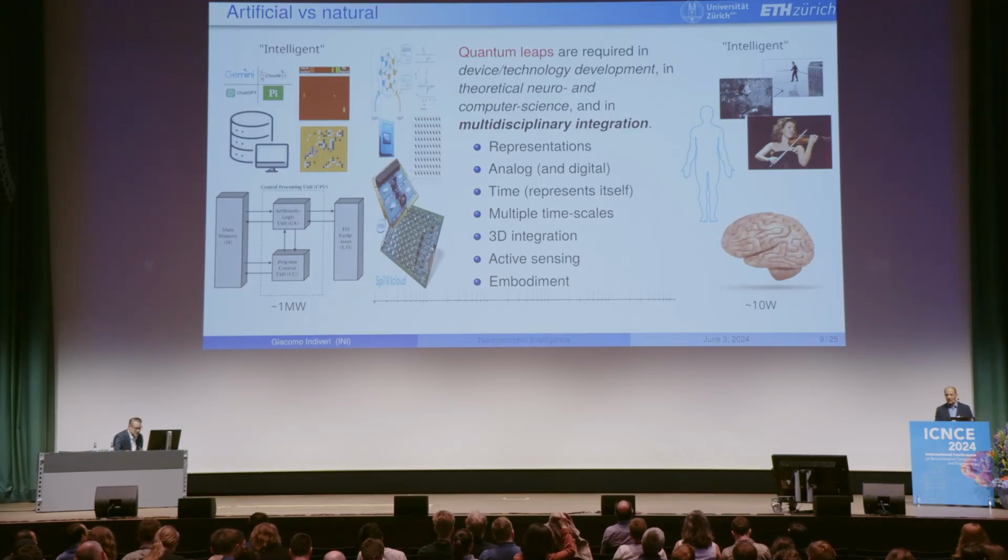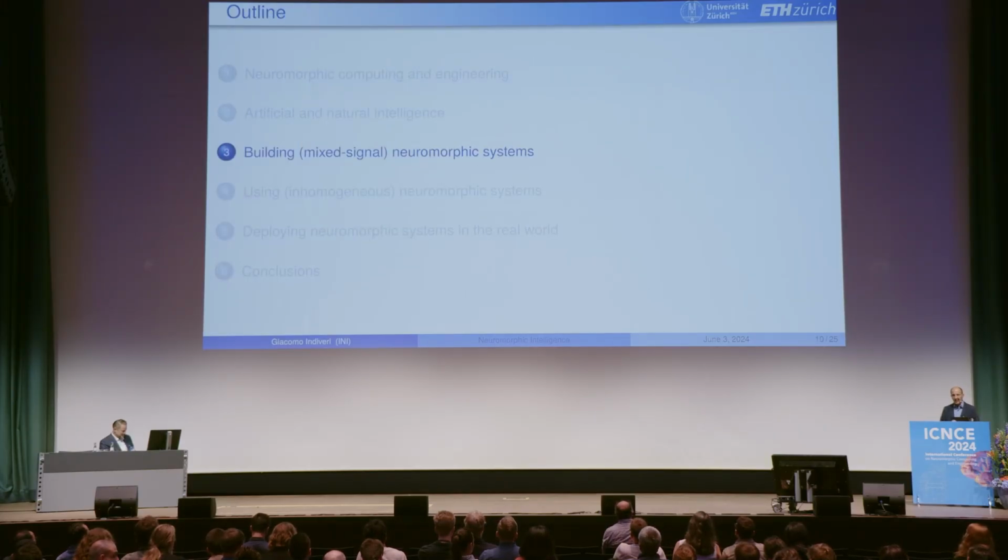Now, this is the bridge that needs to be built in order to go from artificial intelligence to natural intelligence. And this community has been making steps in that direction. I just wanted to show you in the next few slides some of the steps that we have been taking ourselves in our lab and in our institute to build these types of neuromorphic systems. Again, remember, the things I will show you are more closely related to the Carver Mead approach of neuromorphic engineering, really trying to emulate real neurons in order to reduce power consumption, but also understand how neural processing principles of computation can be implemented with neurons and synapses.